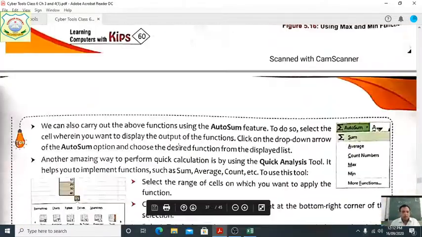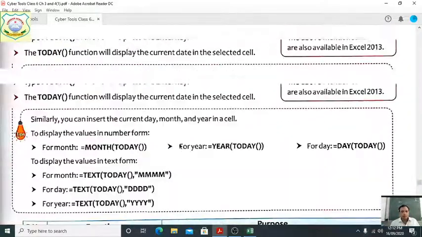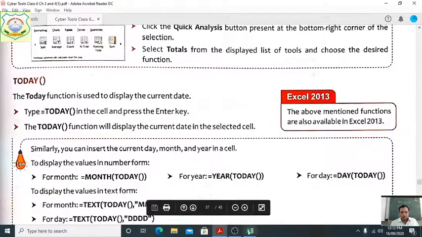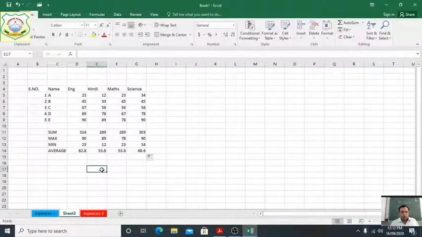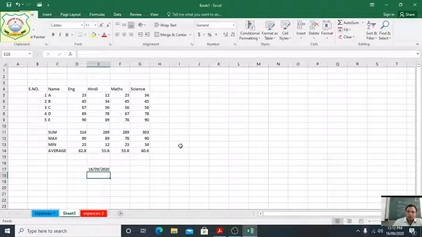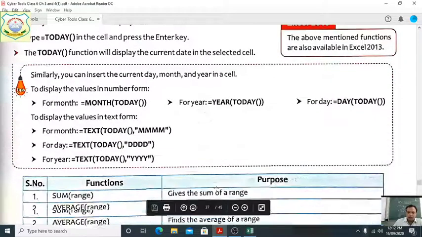Now here options are given also for date, how to define the date, students. Suppose we want to define today's date. What will we do? Today equal sign TODAY and bracket parenthesis. See here, this is today's date. You can write better. Okay, we have told you. And there are many functions of today. You can use this one.